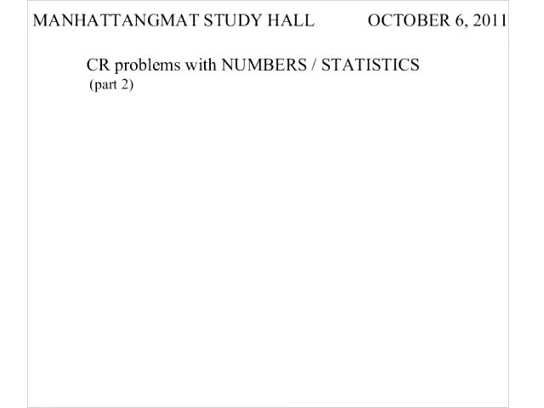This is the October 6th edition, and it's going to be a continuation of our theme from last week, which is critical reasoning problems that have numbers or statistics of some sort. And along the way, what will probably wind up happening is a number of different types of general review of critical reasoning, because as you'll see, as you saw last time if you were there, and as you will see again today, a lot of